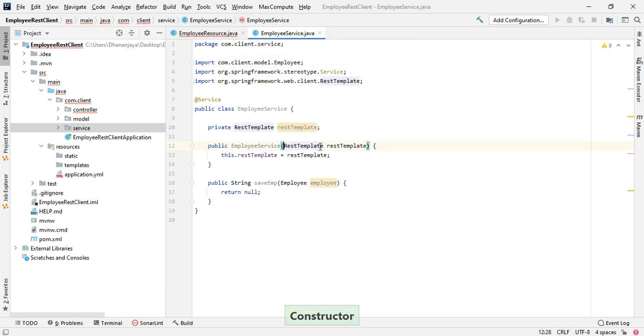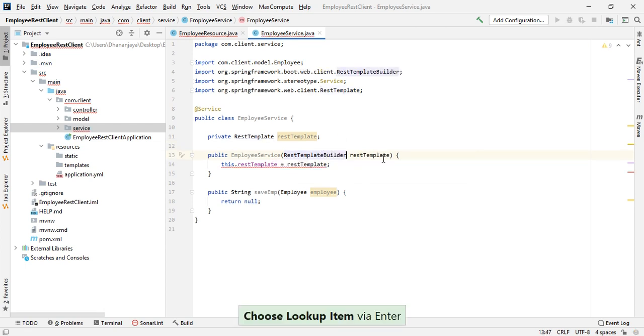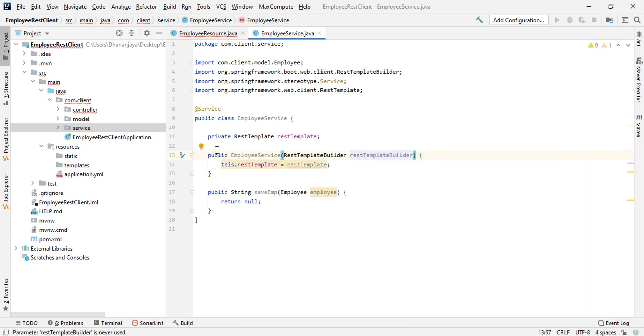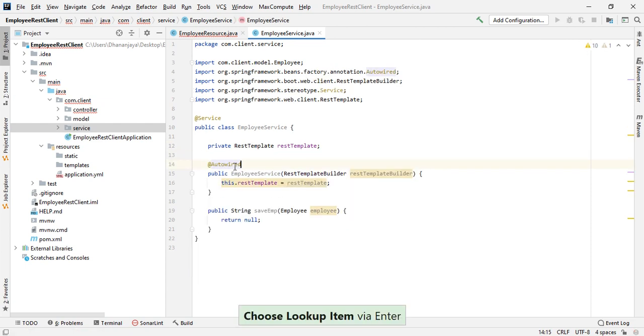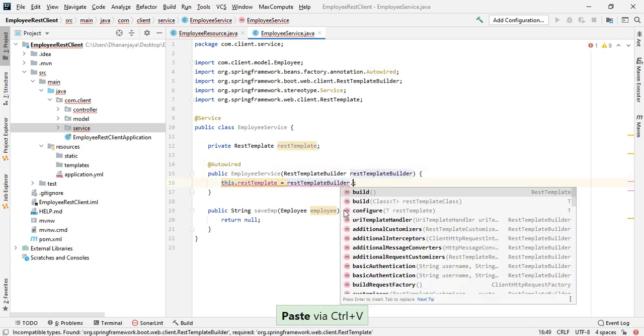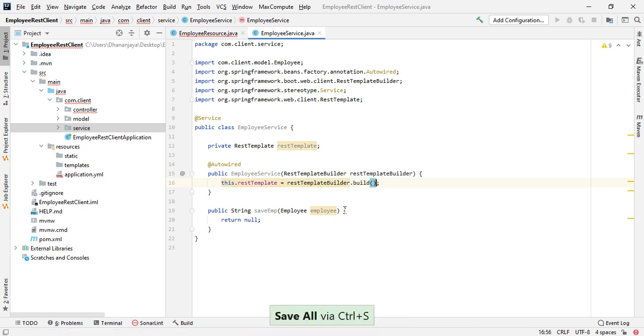Okay, we'll take RestTemplateBuilder. Automatically Spring will inject the RestTemplateBuilder at the time of object creation of the service class. Okay, @Autowired I will do. Then RestTemplateBuilder will create the RestTemplate object and assign it.